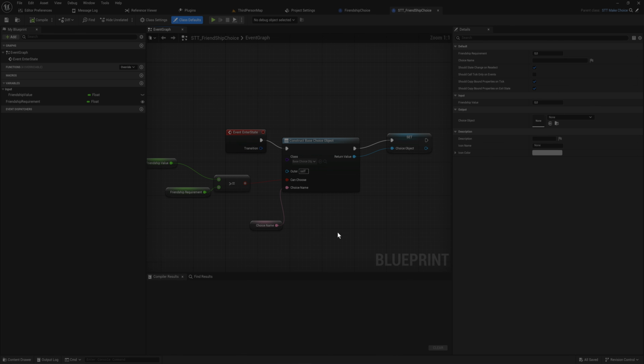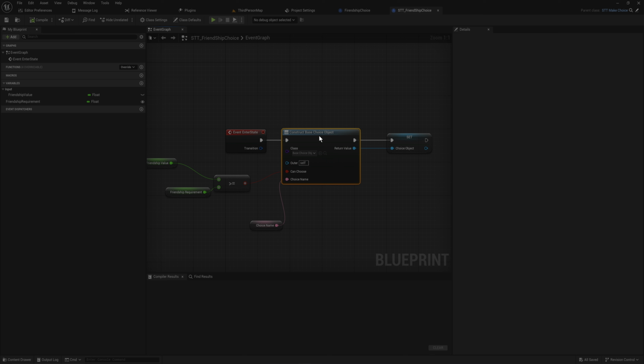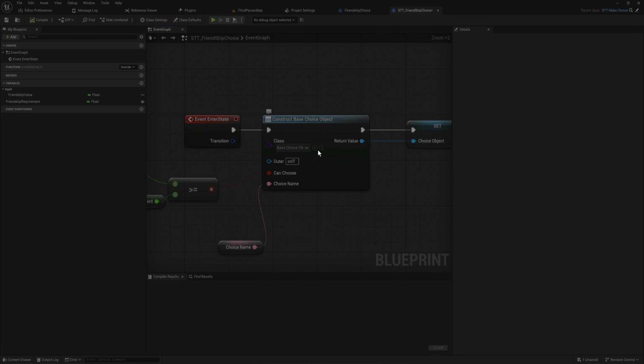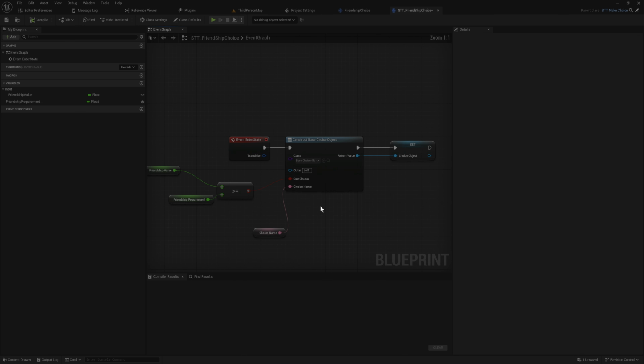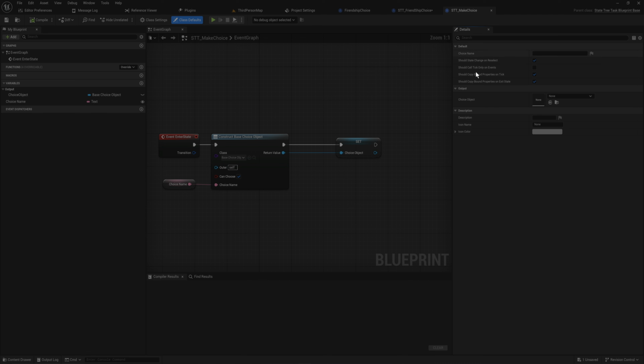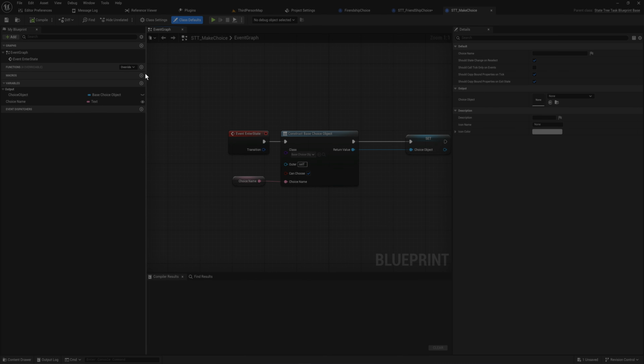So the way that I would actually end up doing this is, instead of making a new construct based choice object in every single one of these state tree tasks, which you very much still can do if at any point you decide, hey, I need to make a separate type of object that needs to hold specific other functions or specific other data or whatever, you still can just copy over this node and just change the class that you're constructing. But for 99% of the cases, this base object choice is going to be all that you're going to need. So what we can do instead is going back into the basic make choice and just create a